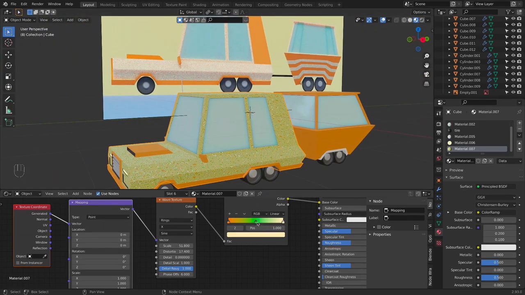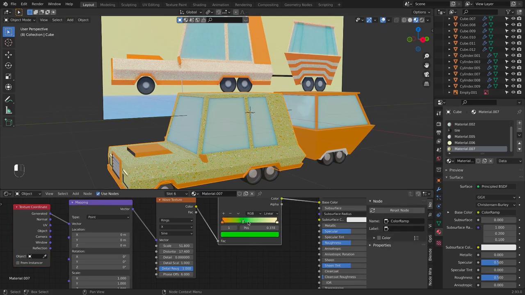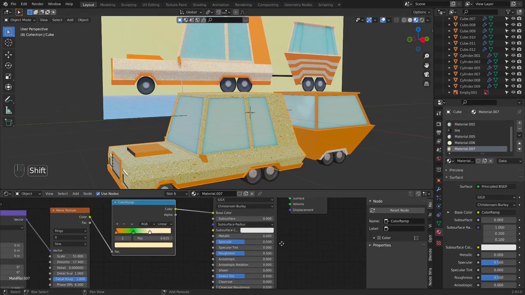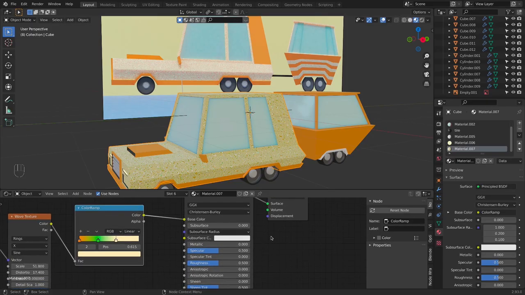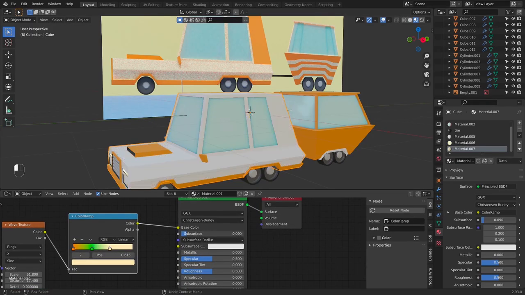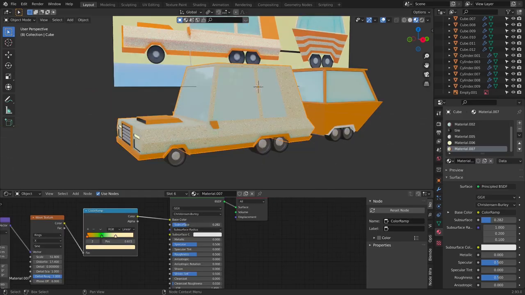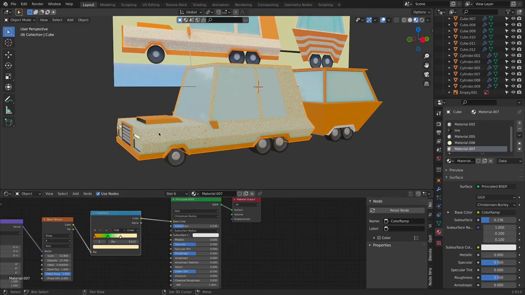Okay, so I will move these little parts, and I will move the center one closer up here. And let's change this real quick. So for this one, I will increase the subsurface. So we are going to set the subsurface a little bit lower, like this. Now the specular will be 0.5, the roughness will be 0.5, and we're not going to change